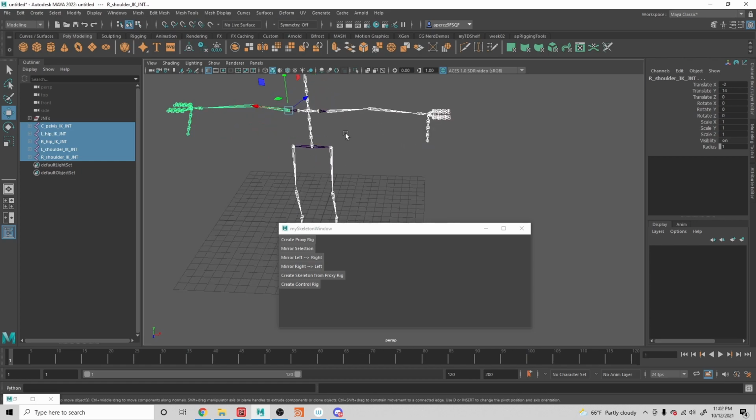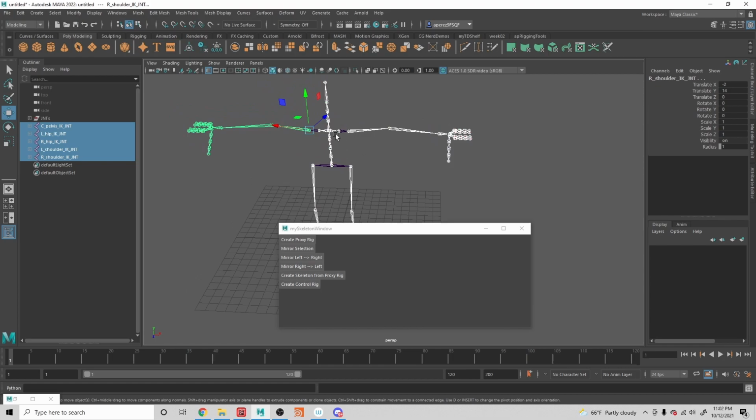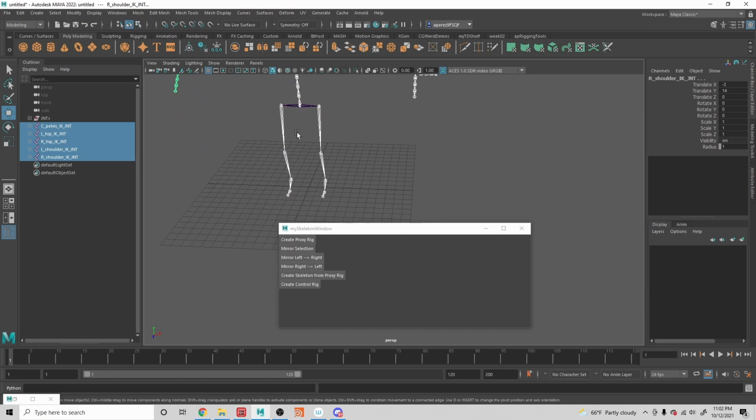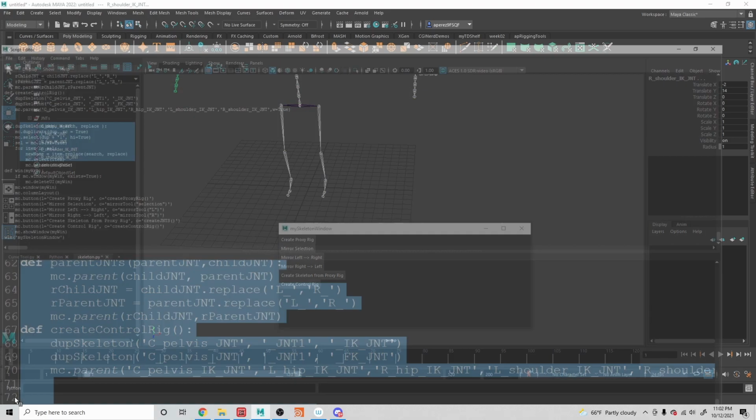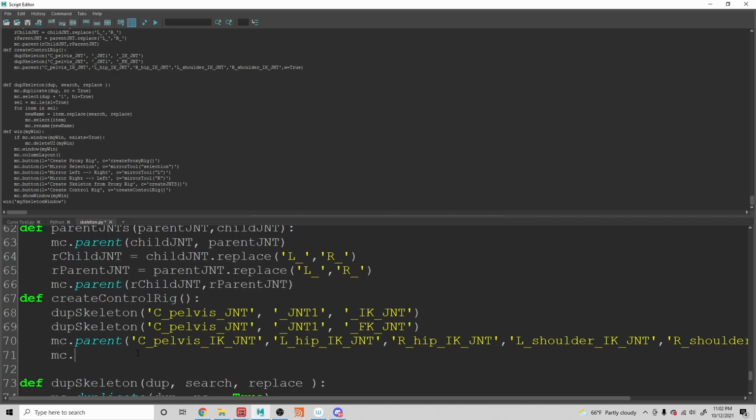You can see it's all selected right now, what has been unparented. So we just need to delete the clavicle, the palm, and then the ball of the foot. So let's do that. mc.delete L underscore clav underscore IK underscore JNT,